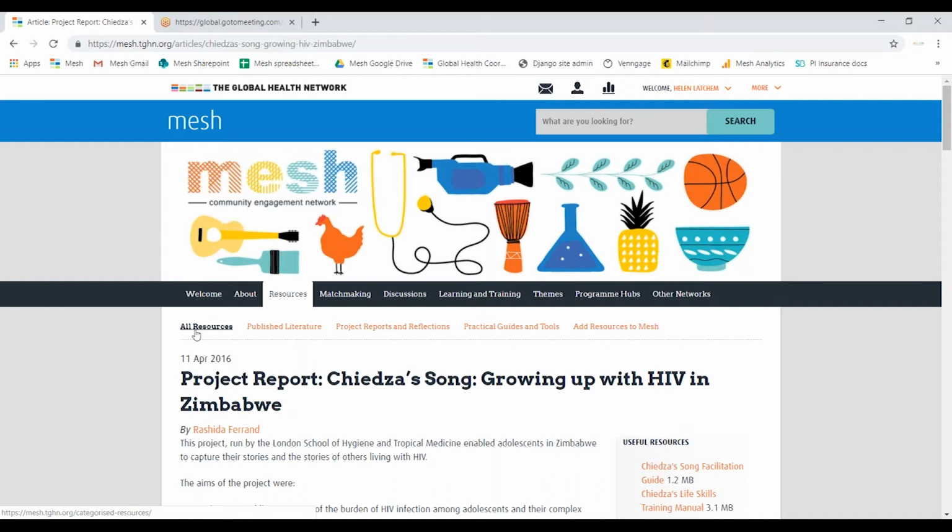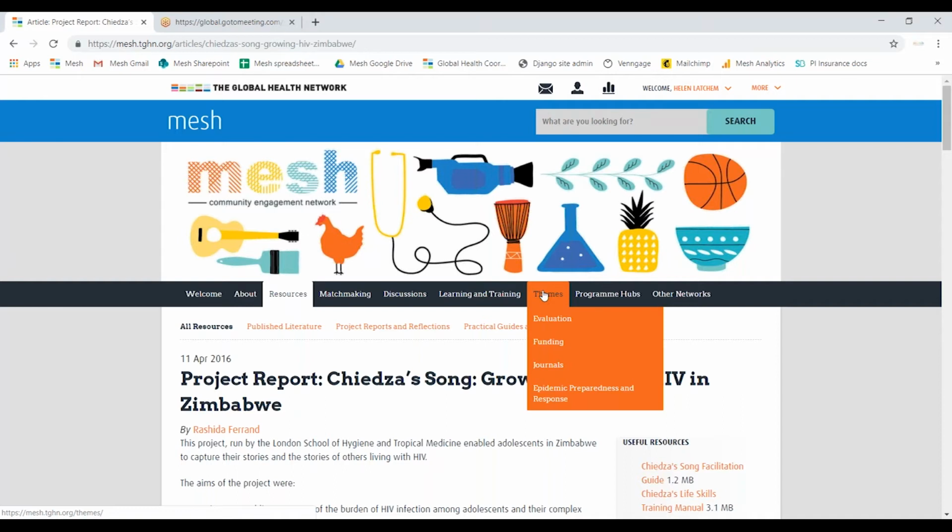So we're going to move on to the themes tab. Themes are curated areas where we've pulled together resources on a particular area of practice in community engagement. For example, some time ago, there was an evaluation month on Mesh, where we particularly wanted to look at the methods and techniques for measuring the impact of engagement. It's an area that people often ask about, and people are often looking for very practical guides and tools and examples in how to evaluate their work.